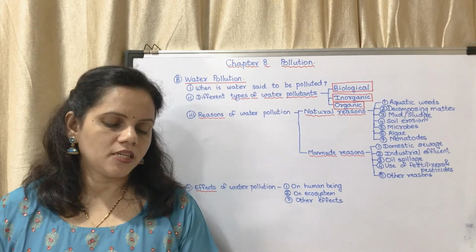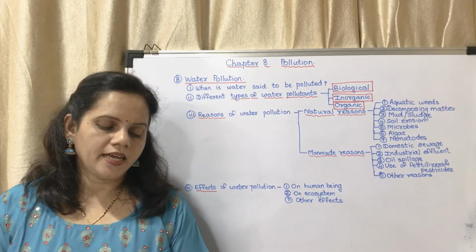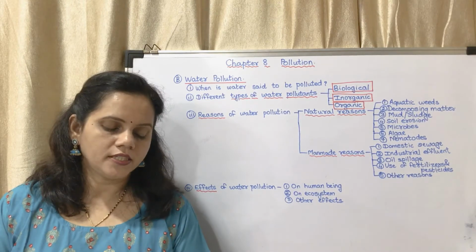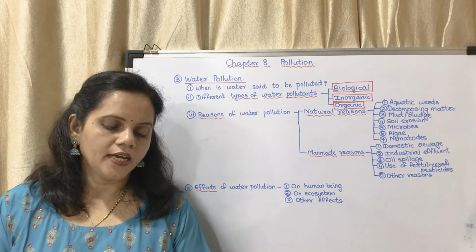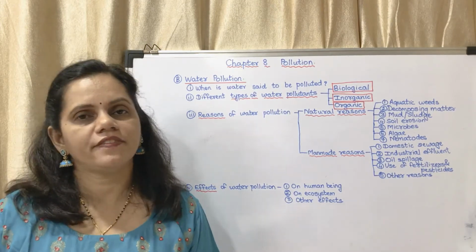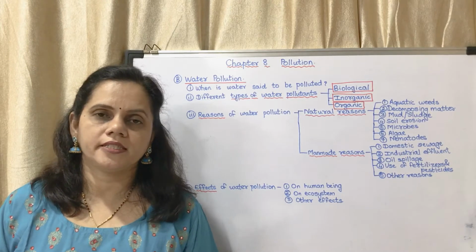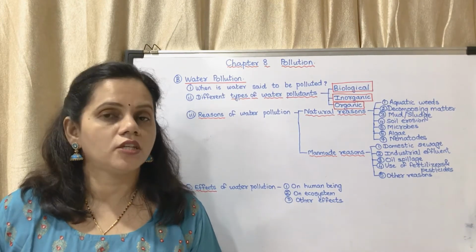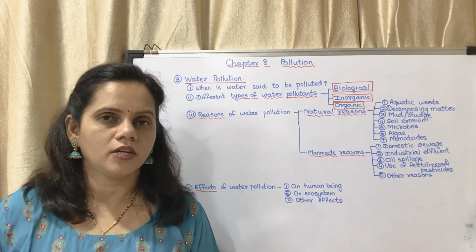Okay, next is inorganic pollutants. Suspended particles like fine sand, dust, soil, precipitates of salt, compounds of arsenic, cadmium, lead, mercury and traces of radioactive material. Okay, so if there are different types of inorganic substances in water, and it is causing pollution, if it is unwanted, if it is not suitable for drinking, then it is said to be inorganic pollutants.